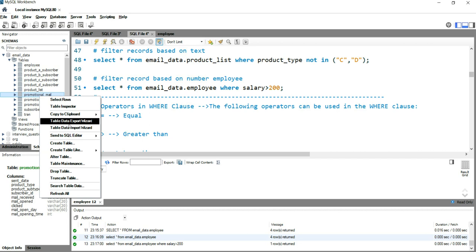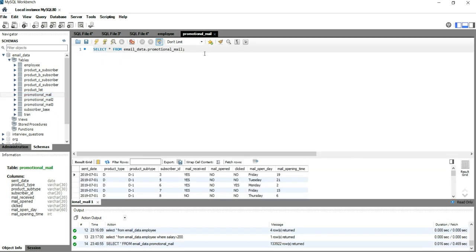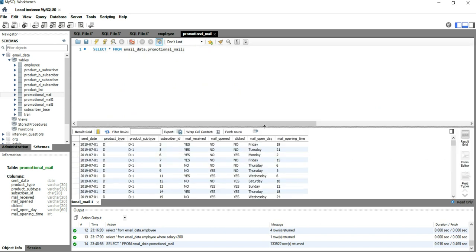promotional email database. Let me tell you about it first. We have a table in which we have our product, the product subtype, the subscriber ID of the people who have subscribed for those products, and whether they received the promotional email for that product or not.